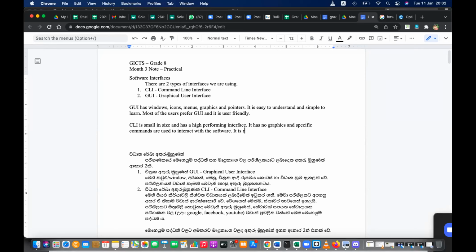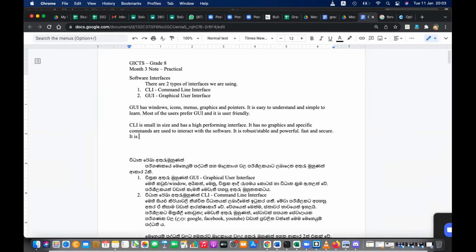It is robust. Robust means stable and powerful, fast and secure. It is mostly used in server software and server operating systems.